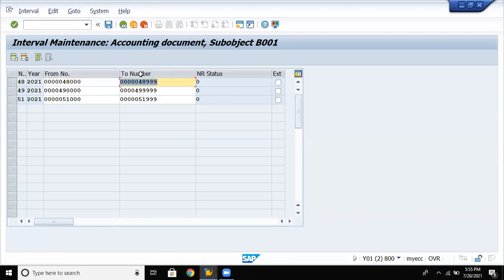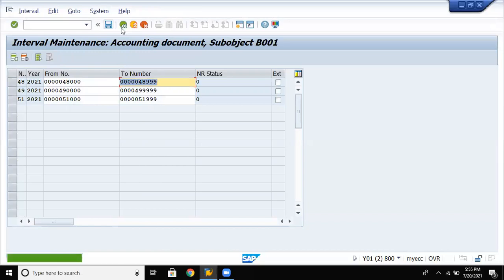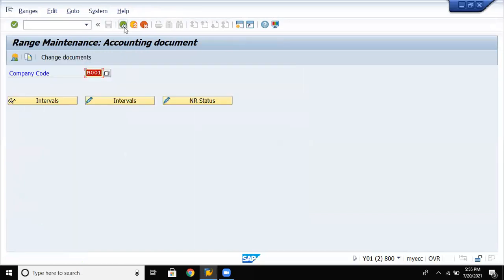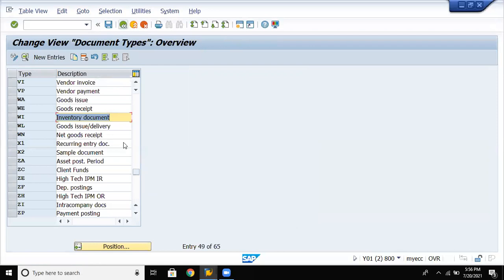Enter. Save the data. Enter again. So it is integrating your financial document number ranges also here, so that your invoice verification is properly done. Go back.